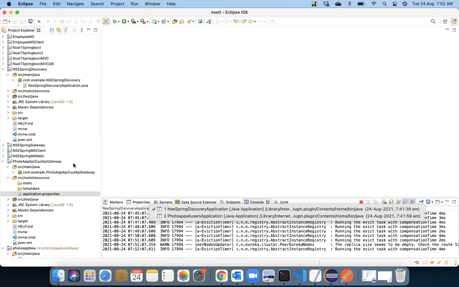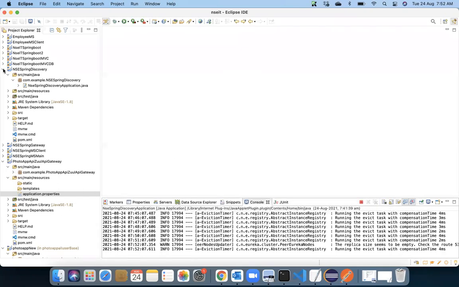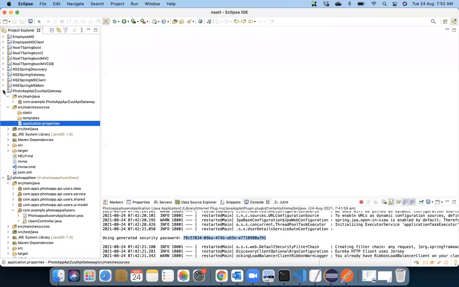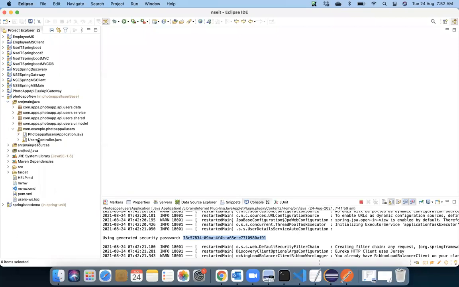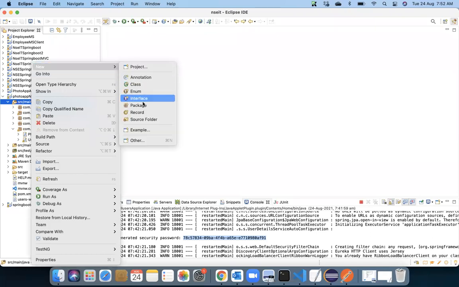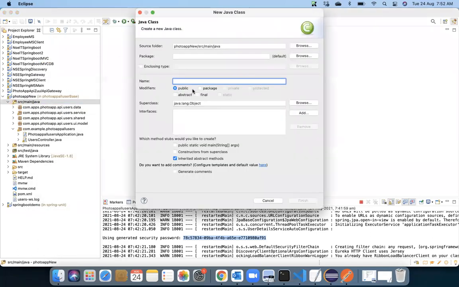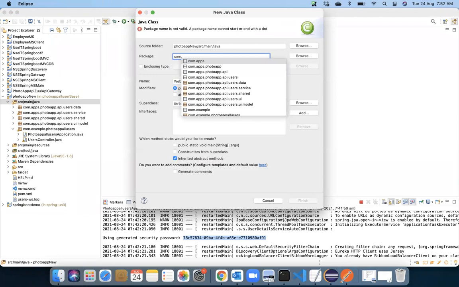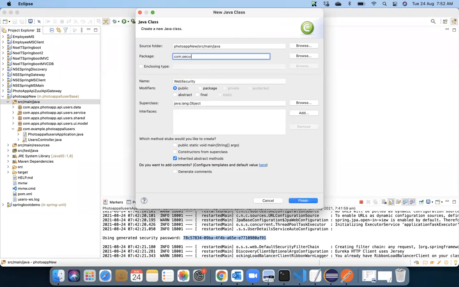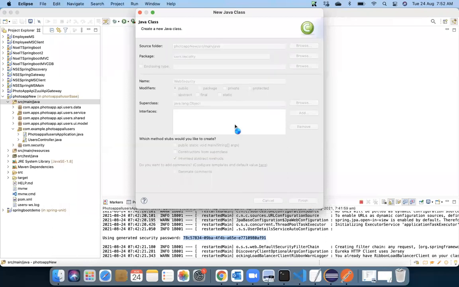In my photo app users, I would like to write an additional class under com.security called WebSecurity. Here we'll give the package name com.security, and the class name is WebSecurity.